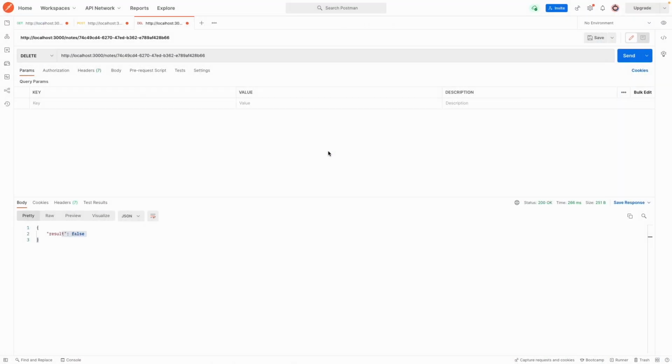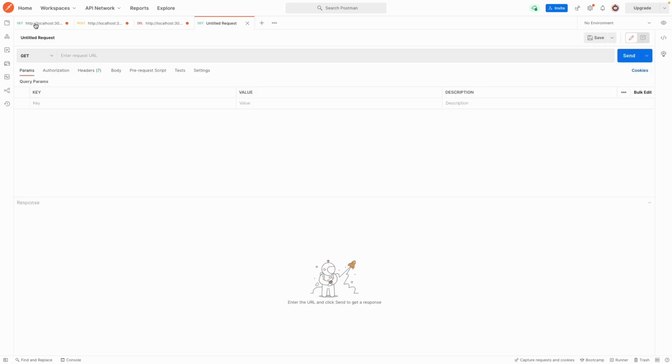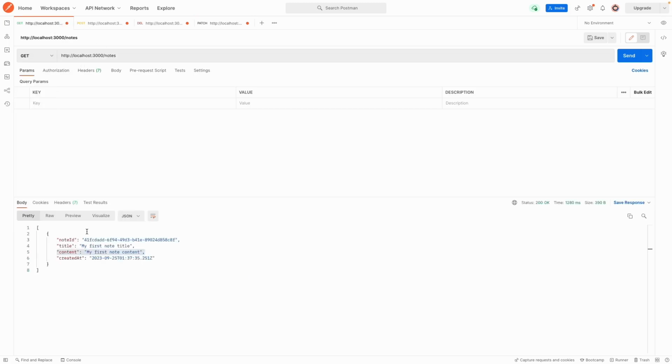Now let's make some experiments. Here, let's try to find all objects from the list. Right now, we only have this object. So what I'm going to do, I'm going to update this object. I'm actually going to update the content. So let's create here actually a new endpoint, but it's going to be a patch. And then we need to pass